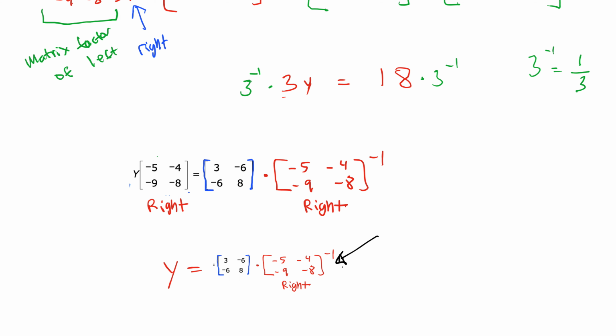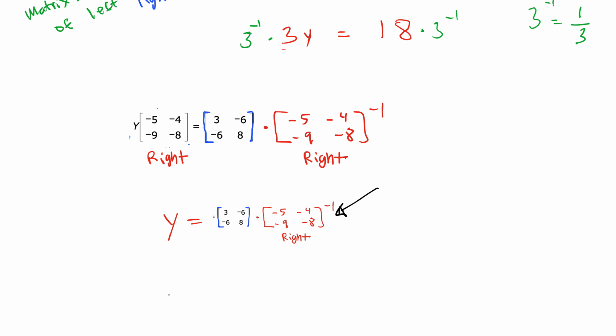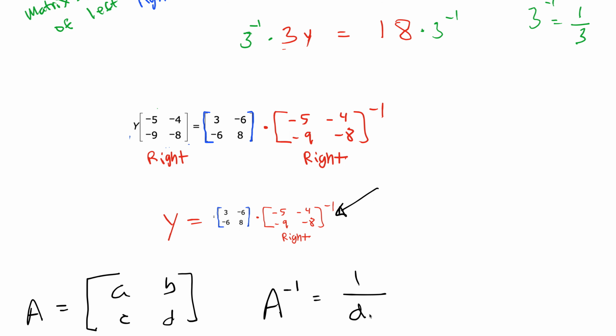So the formula for the inverse of matrix A. Let's say we have some sort of matrix which is A, B, C, D. Okay, so that's matrix A. Well, the inverse of matrix A is equal to 1 over the determinant of,